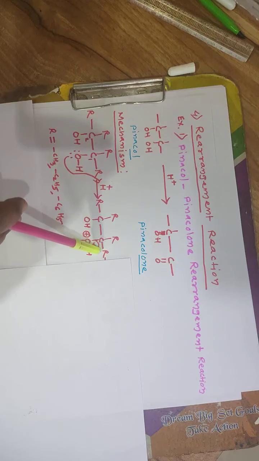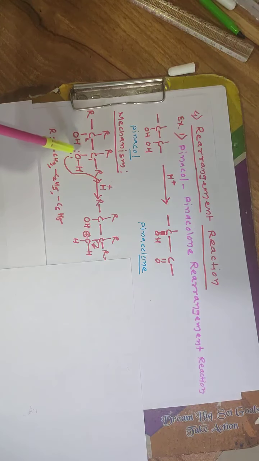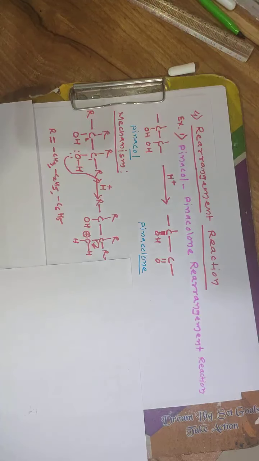This sigma bond opens on the oxygen. There is a neutralization of the positive charge. Oxygen regains its second lone pair. This is the first lone pair, this is the second lone pair. So there is a neutralization of the positive charge, and further it reacts with acid, and there is a dehydration